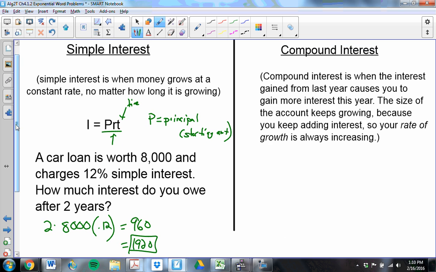What's more common by a long shot is compound interest. Compound interest is when the interest you gain from one year affects the interest you gain the next year. So like if in 1 year you had $1,000 in the bank and you're getting 10% interest, well, the next year you'd have $1,100 in the bank. But the year after that, you would have a little bit more money to take interest on. So instead of getting another $100,